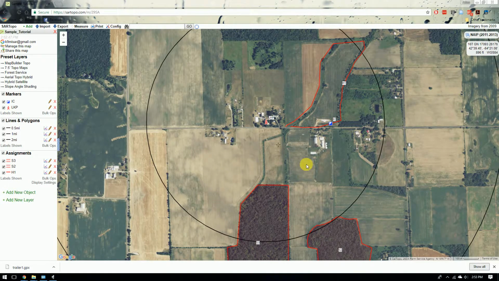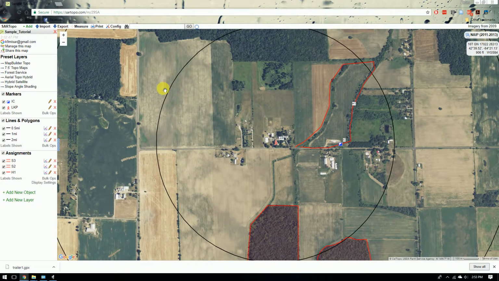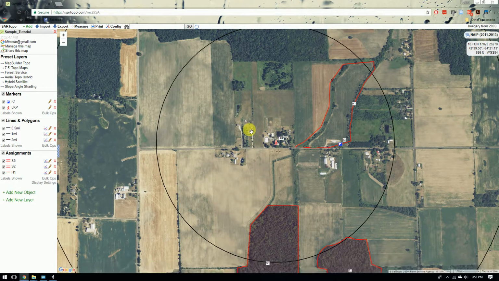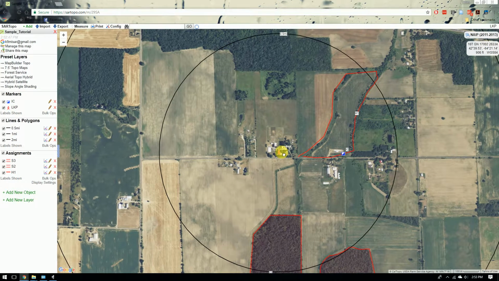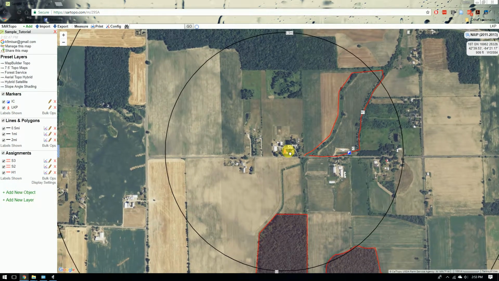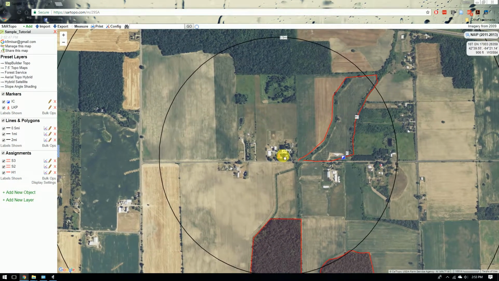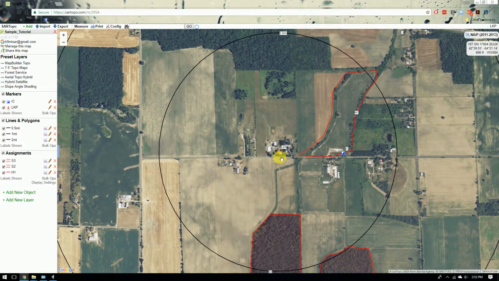The next thing I want to teach you how to do is import a GPX track that you have already downloaded to your computer. There's another video I'm going to make that will teach you how to download this directly from a GPS. But for now, this is already on your computer, and for this scenario, we're going to say that this